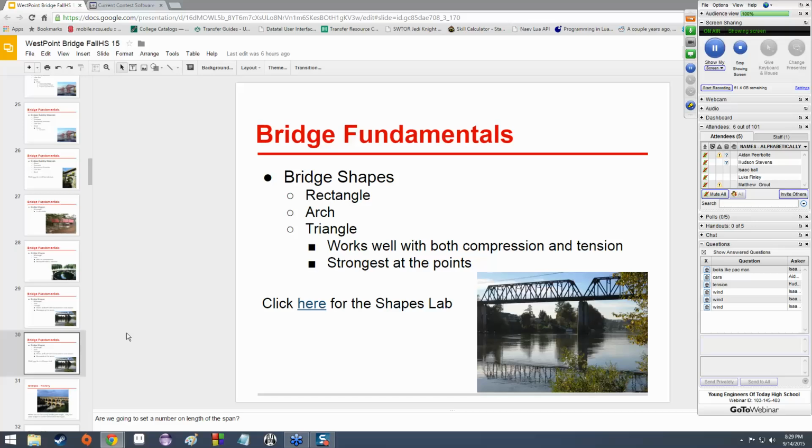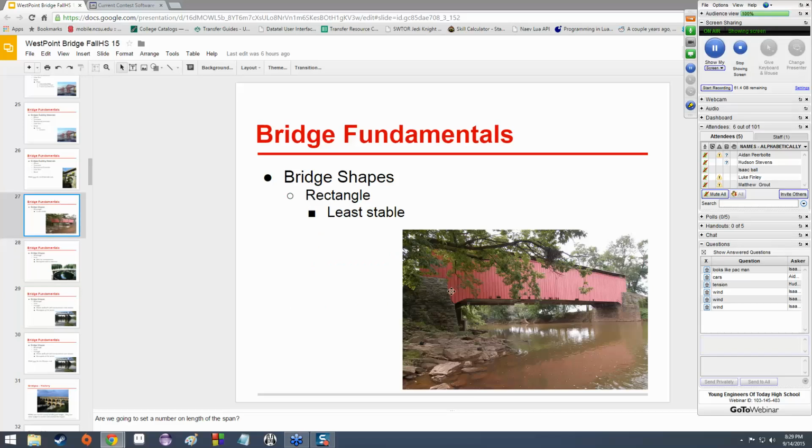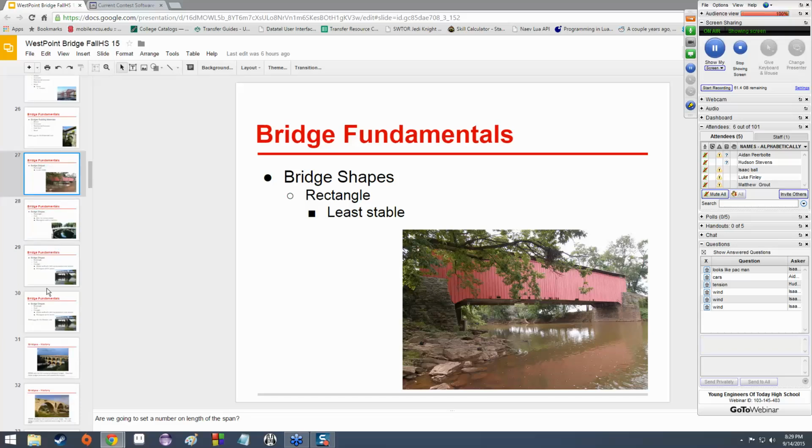Now, triangle isn't always a necessary design. Sometimes rectangles and arches work better. It's all largely down to the situation that you're in. And it's probably also fair to say that there is some sort of triangle design inside of the walls of this bridge. It also has a rectangular thing going on. Anyway, with that in mind,